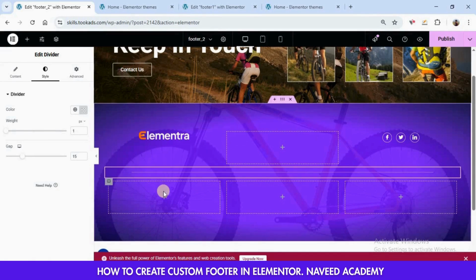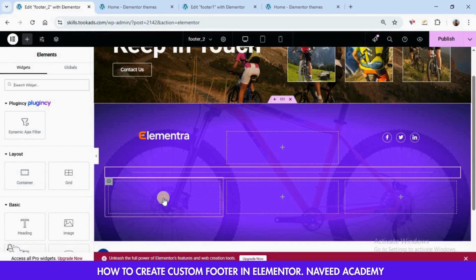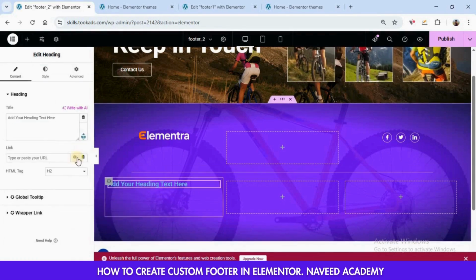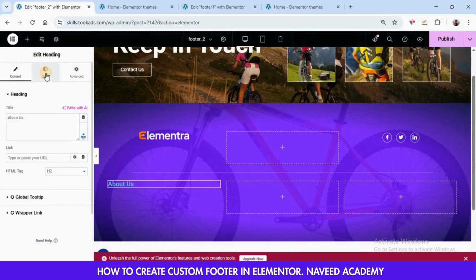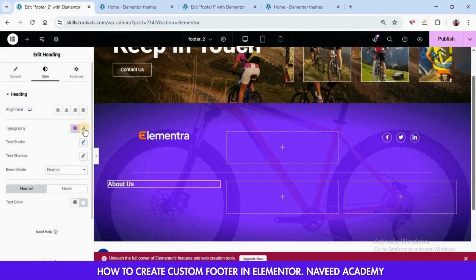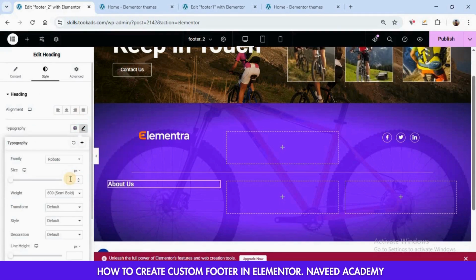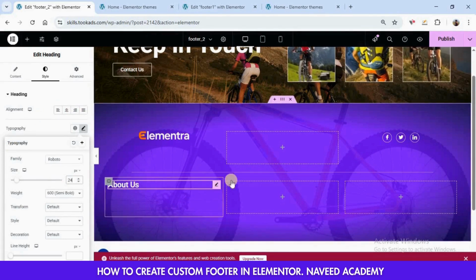Now after creating the divider, we need to create the about us text. Click here on this plus icon and drag a heading over here. Change the text to about us. Go to style, change the color to white, go to typography, set it to 24, and after creating it, click here on this pencil icon